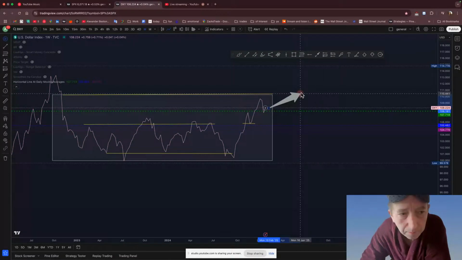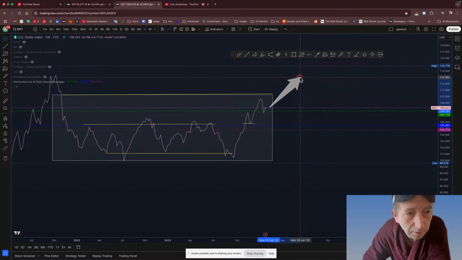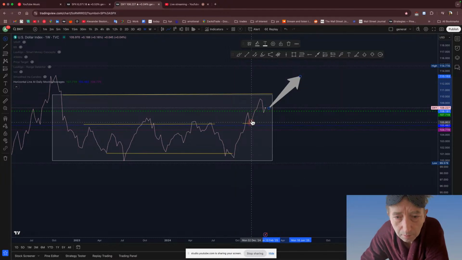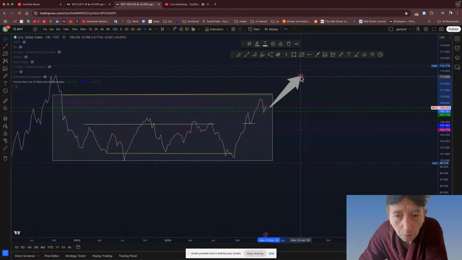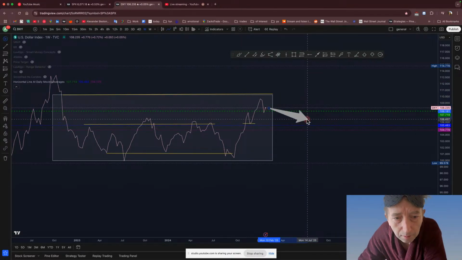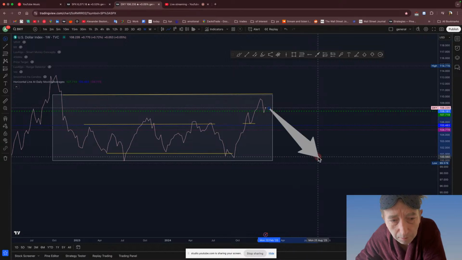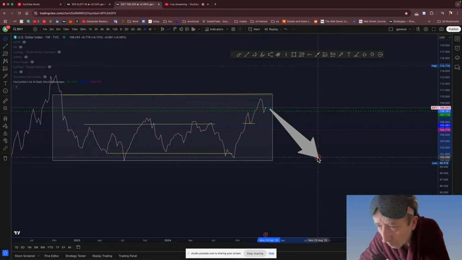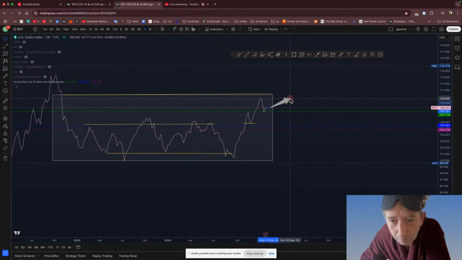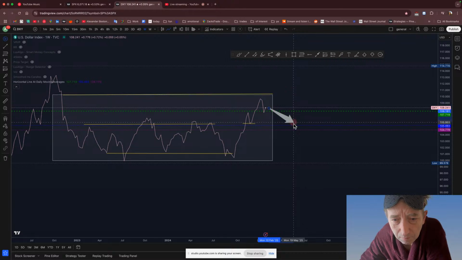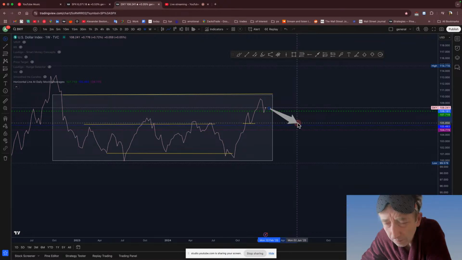It goes back up to this level here. It's entirely possible. That's that one. Or it falls back to this level here, or even worse, back to this level here at the 100. But with a new president, I kind of think that's unlikely. This one, at 105, is possible,